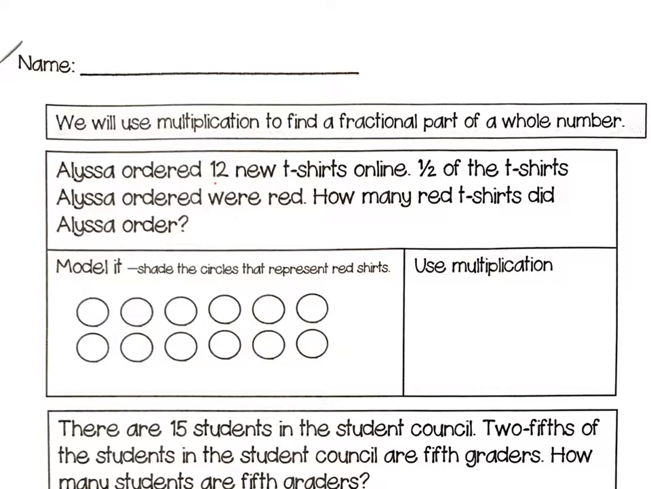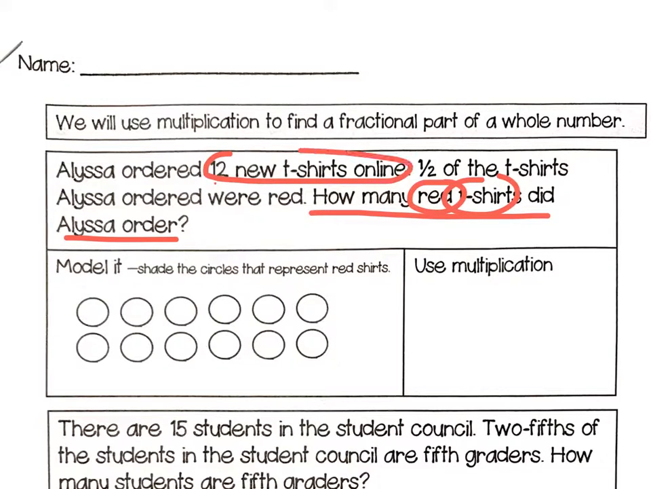Let's look at question number 1. It says Alyssa ordered 12 new t-shirts online. 1/2 of the t-shirts Alyssa ordered were red. How many red t-shirts did Alyssa order? Well, what is the question asking me to find? It's asking me to find how many red t-shirts Alyssa ordered. So red t-shirts is what we're looking for. The information from the problem that we need is that she ordered 12 new t-shirts online and 1/2 of them